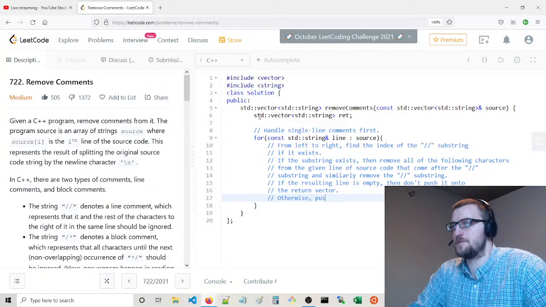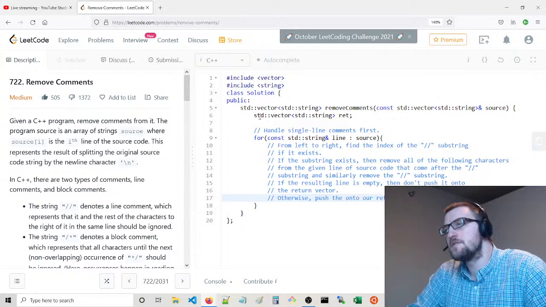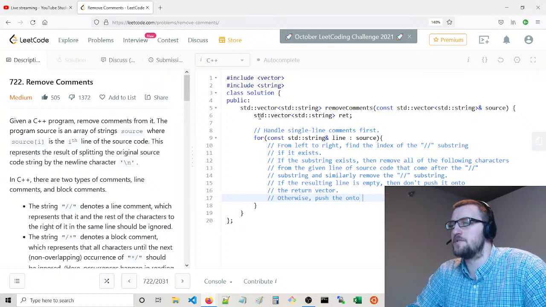Otherwise, push the result onto the vector returned.